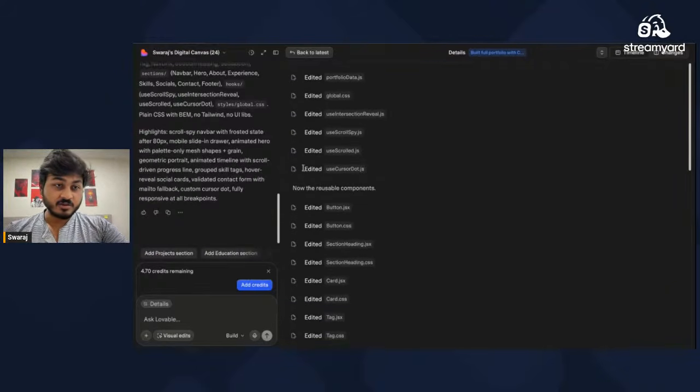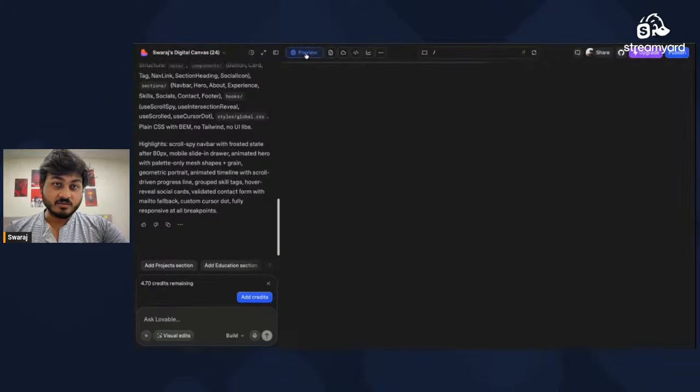So right now what we have done is we have just tried to create it with a simple AI, just simple prompts. So I guess it is done. Let us see what the results are. देखते हैं भाई क्या बनाया है इसने.